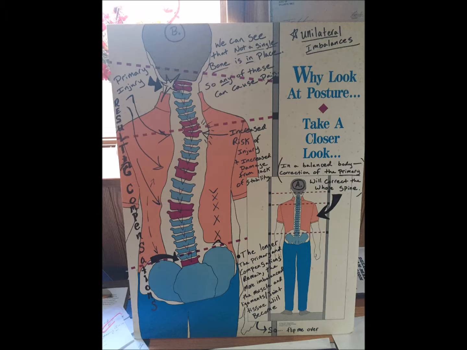So what you want to do is find the weak muscle and strengthen it. And what you'll find is that there's going to be a tight muscle that counteracts that weak muscle. This is the take-home message. So both sides could be tight, and that could be a bilateral issue. You could have it on both legs. That doesn't mean it doesn't need to be stretched, but you need to find the weak muscle.